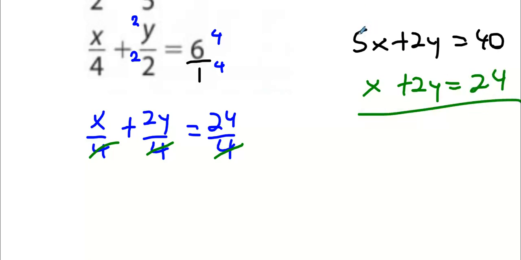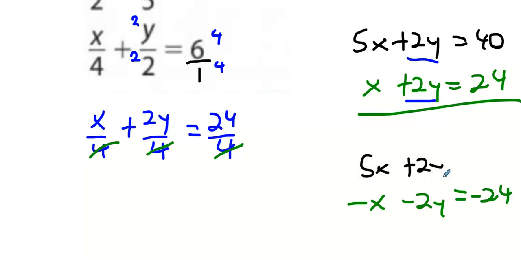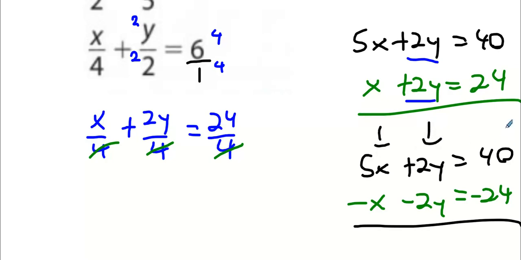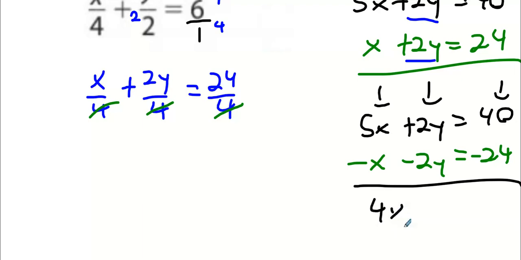Now, if you look across, I want to get rid of the 2y's, so I'm going to multiply the green equation by minus 1, and I'll get minus x minus 2y equals minus 24. And the top equation, I'm going to get 5x plus 2y equals 40. I'm going to take one of them away from the other one, and what we're going to get is 4x equals 16, and x equals 16 over 4,